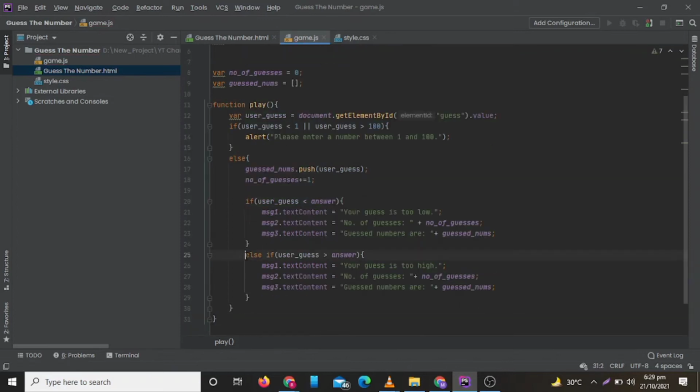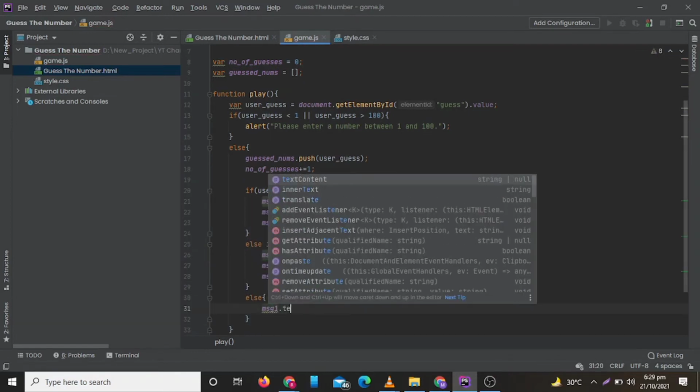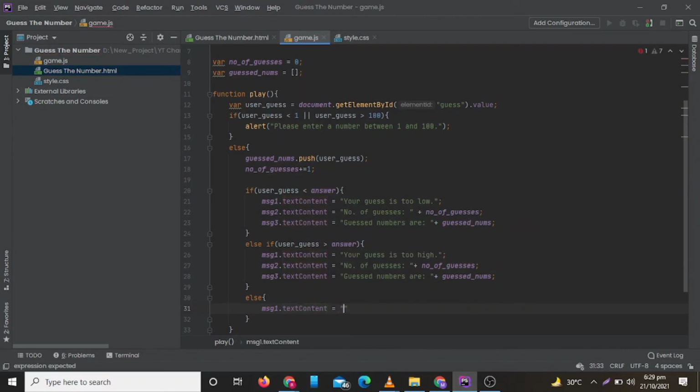Now I will write an if statement to display the congratulation message if the guess is the answer, and we will also display the correct answer, and the number of guesses taken by the user to successfully complete the game.